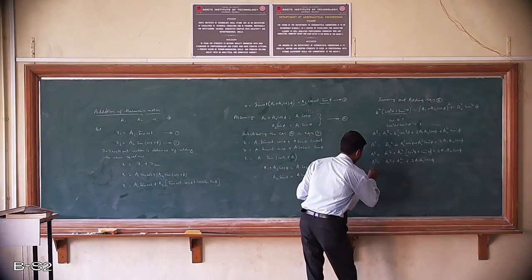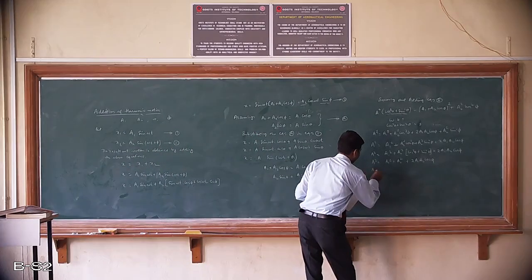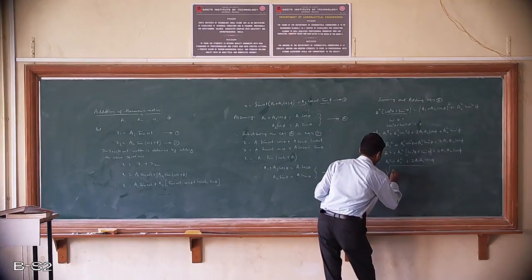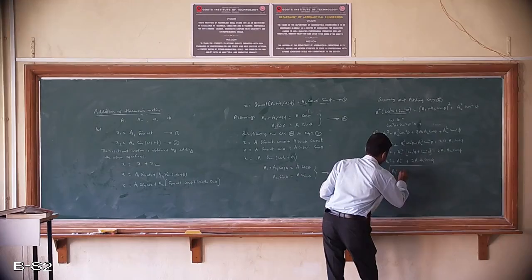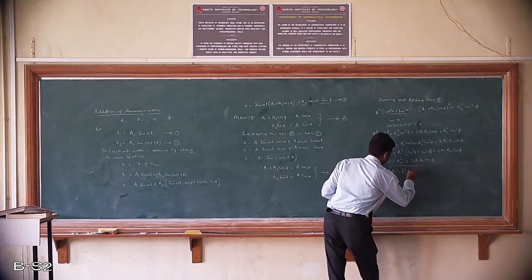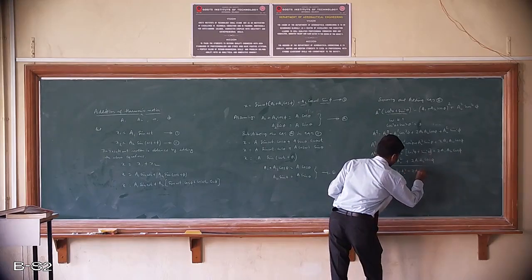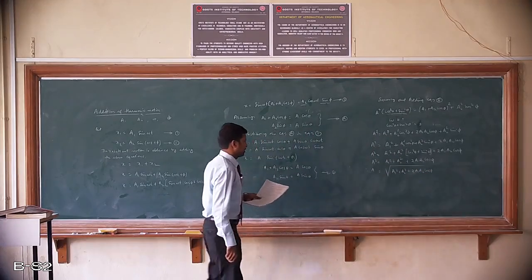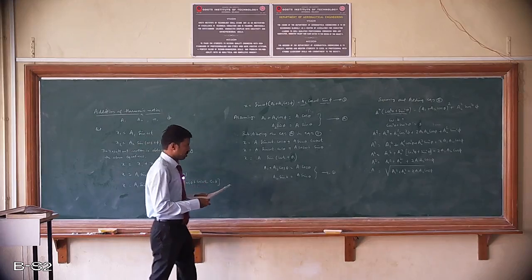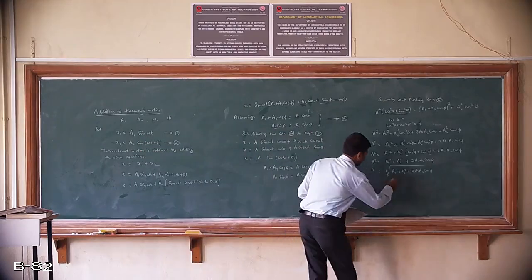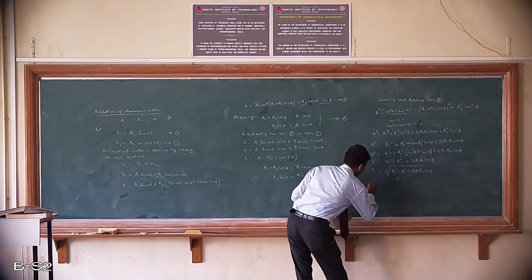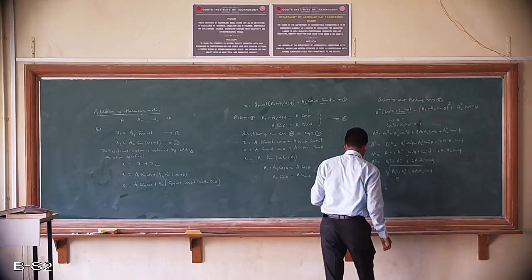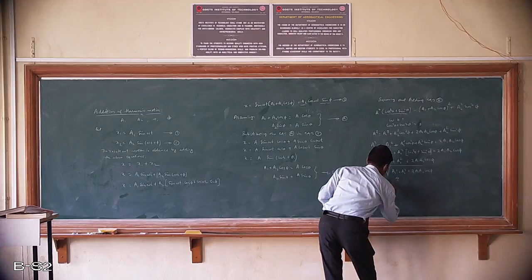The value of a will be under root of a1 square plus a2 square plus 2 into a1 into a2 into cos phi. So this is the value for a, or this can also be written as a is equal to 1 by 2, or sorry, a1 square